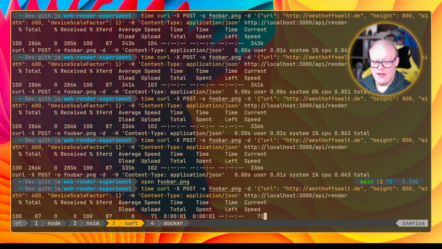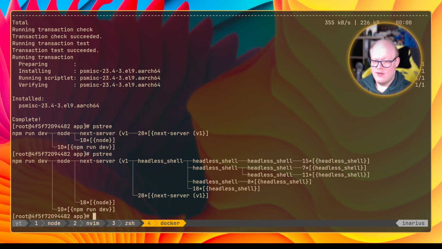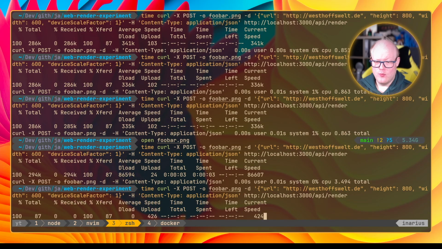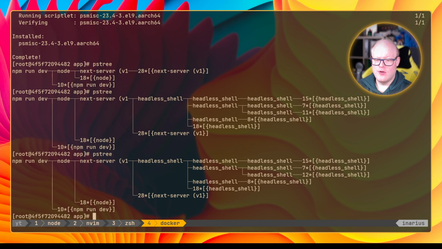So now let's do a render here. And this render took now 3-something seconds, because I think it needed to compile stuff and spawn the server. So let's see. Okay, it created a lot of different headless shell processes, but it might be normal. I would hope that this is normal, actually. The question is, if I do that again, will it create more of those? No, it did not. So it reused